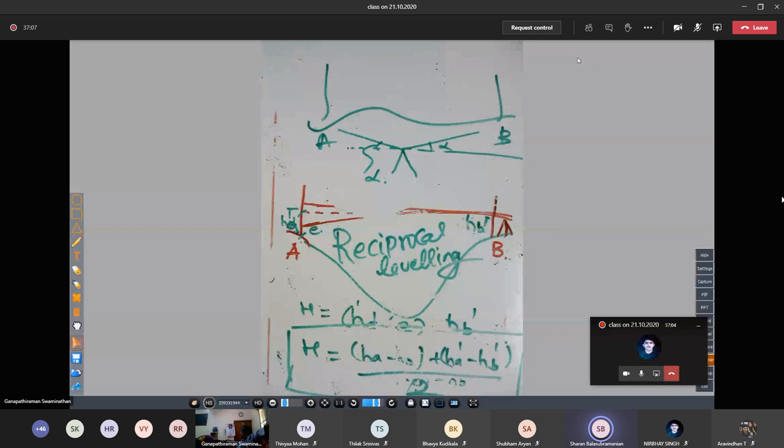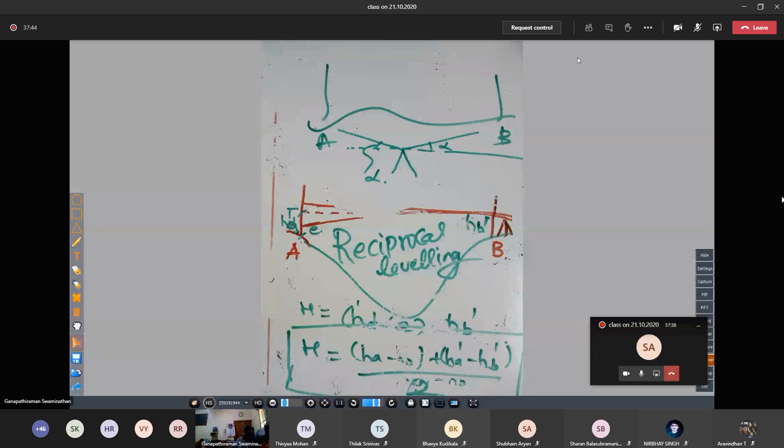Sir, we can keep it in the middle. Yes, sir. Both the sides, the error will get cancelled, sir, due to the incline. What is it? Balancing of the sight. The permanent adjustment. What is the first setup? Sir, we should keep the instrument in the middle. Whatever reading you are taking is the true difference in elevation. Am I right? That's one method.